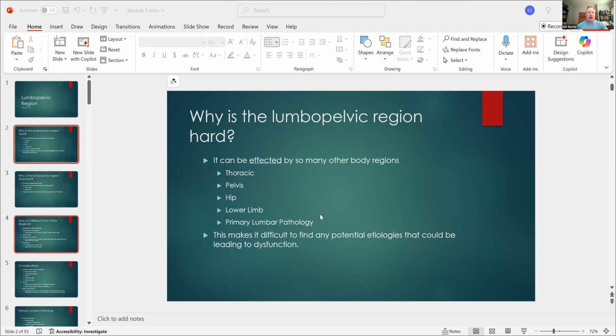And basically, the idea is we don't want to put weight on the side that has the disc lesion. So if we have a posterior lateral protrusion or a herniation on, say, the right side, the body is going to tend to shift to the left. In order to do that, we have to inhibit that psoas major. So all of a sudden those functional antagonists, the psoas major and that opposite side group of short hip external rotators,